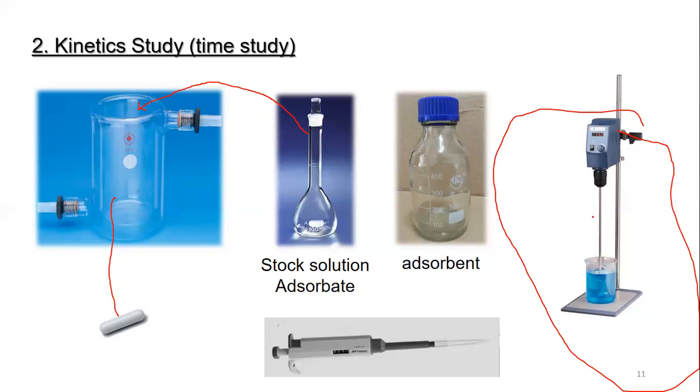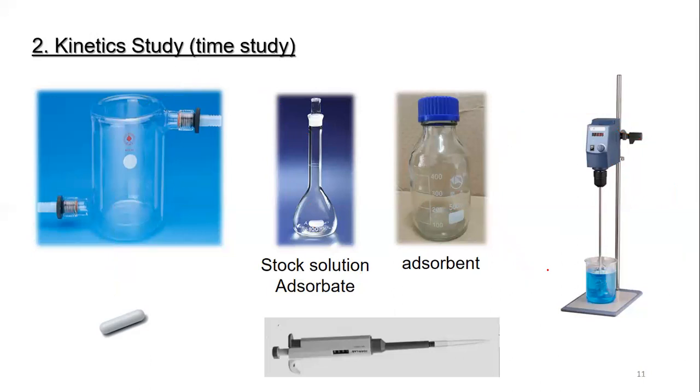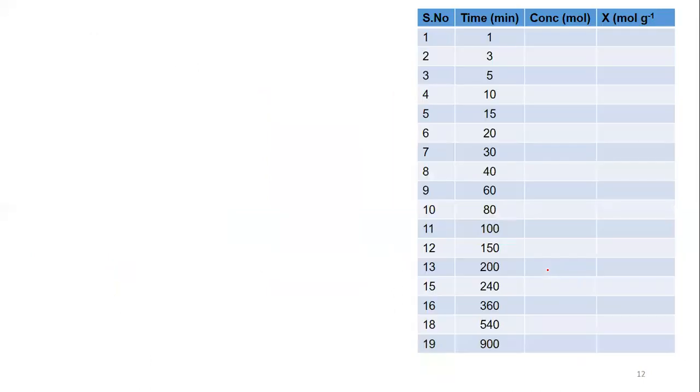Okay. And just put that amount of your adsorbent in this beaker, that is a double cell wall, and then start stirring. When you start stirring, there will be a uniform mixing. And after that uniform mixing, you need to have this kind of table. That table, it means that this column is for time. Okay. So after 1 minute, when you have started the experiment,